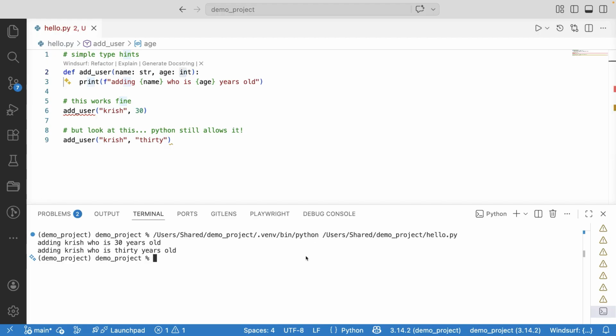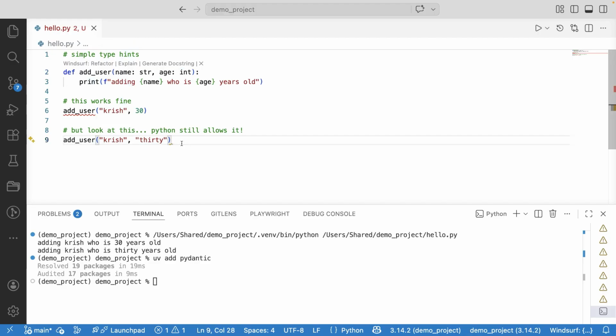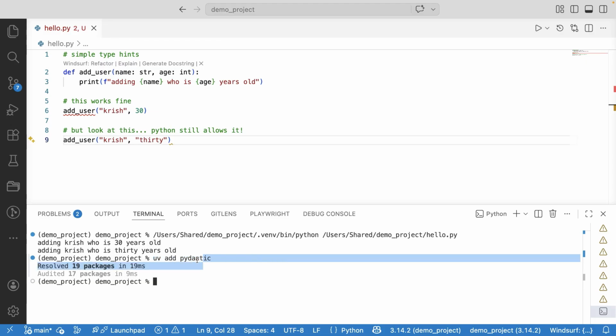You can install Pydantic using uv add pydantic, and I have already installed it. Now let's update this script and fix it. First you need to install Pydantic as I mentioned here. You can use pip install pydantic or uv, the latest modern uv, to install this Pydantic library,